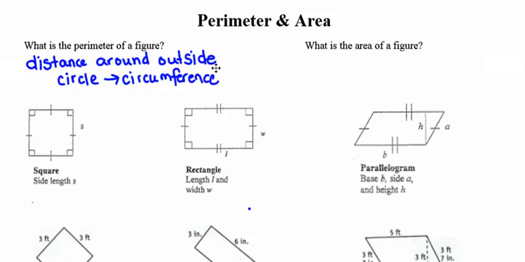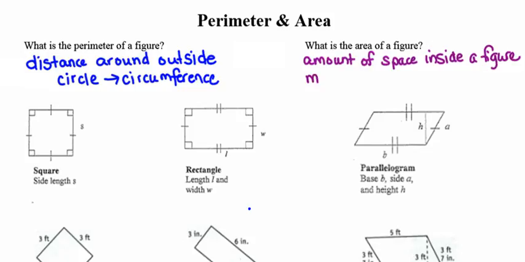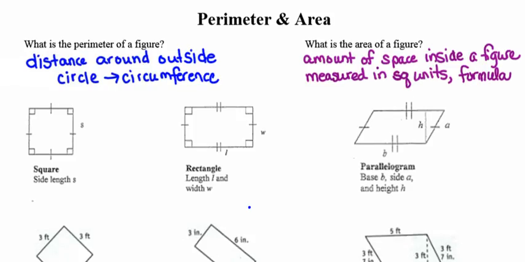Area, on the other hand, is really the amount of space inside a figure. Remember that area is always measured in square units, and can be found using a formula. All right, so let's go ahead and take a look at some of these figures and find both the perimeter